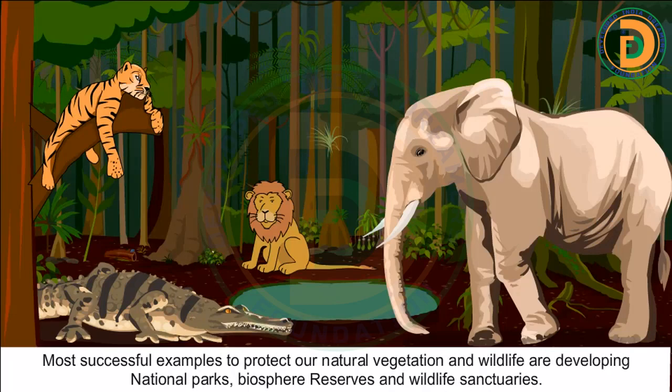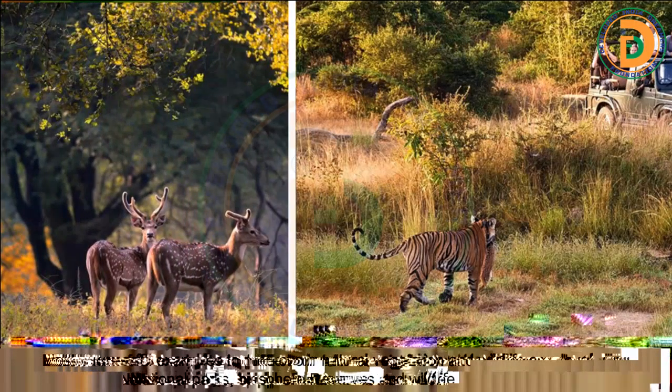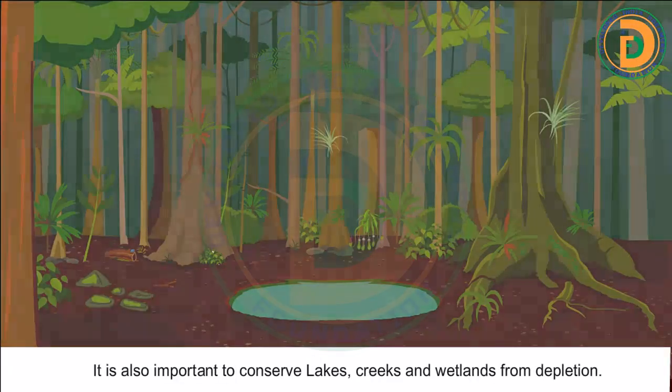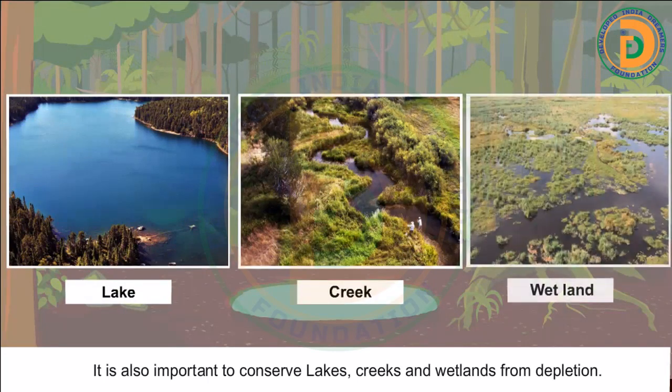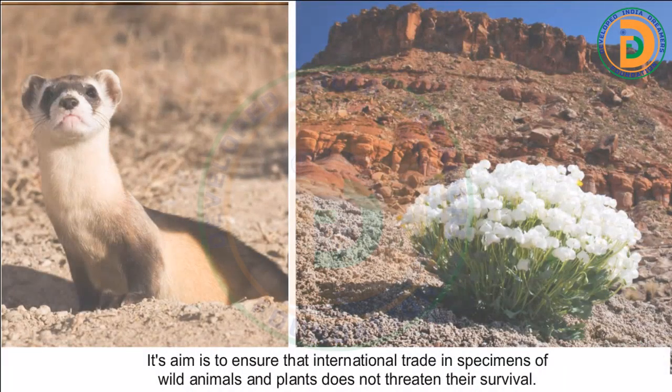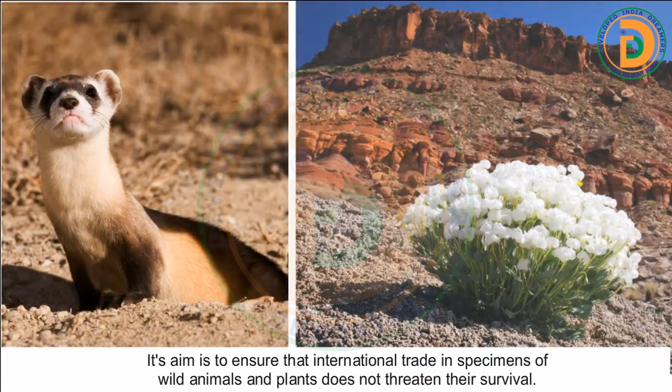The most successful examples to protect our natural vegetation and wildlife are developing national parks, biosphere reserves, and wildlife sanctuaries. It is also important to conserve lakes, creeks, and wetlands from depletion. CITES, the Convention on International Trade in Endangered Species of Wild Flora and Fauna, is an international agreement between governments. Its aim is to ensure that international trade in specimens of wild